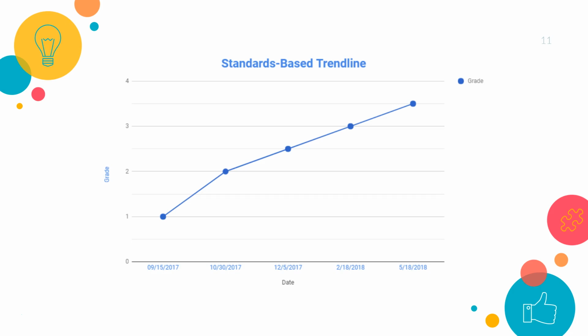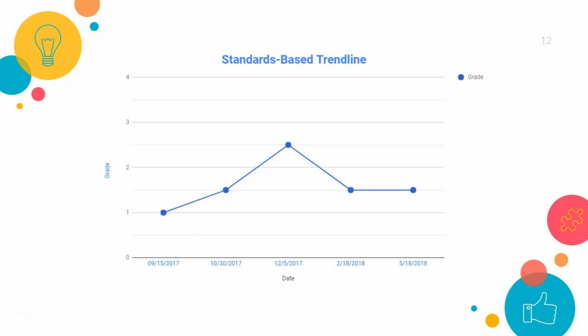See, in the traditional system, we would average all this together and come up with a grade, but that's not really an accurate representation of this student's level of mastery. The same also works, though, if a student is unable to carry that mastery forward. So just like in the last slide, we're going to look at the current trend for the student's grade. So at one point, this student was able to reach a 2.5 level of mastery, but they weren't able to maintain that level of proficiency. You can see the student slid back down to 1.5, and then at the end of the course, that's what they still demonstrated as their level of mastery, a 1.5. So the 1.5 is going to be that student's grade,